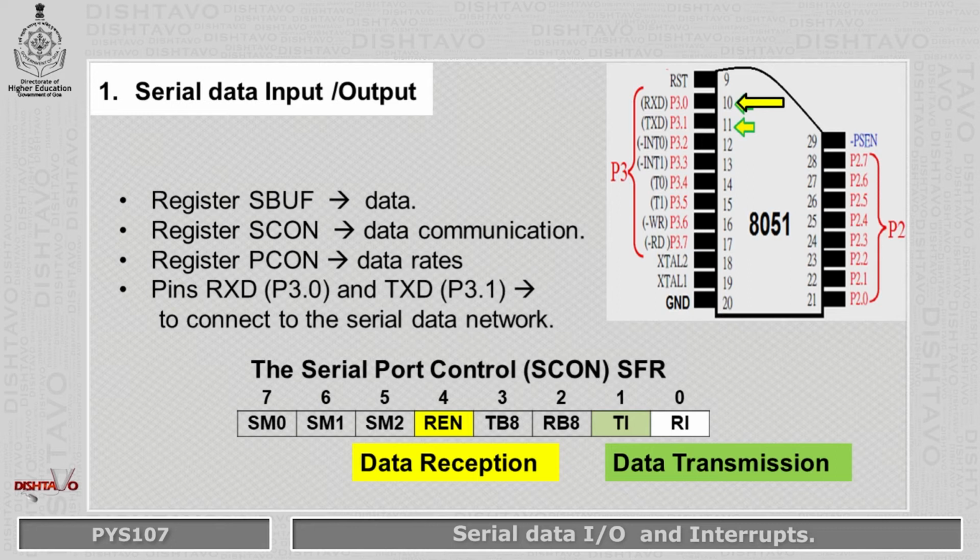That is, the RI flag must have been cleared by the program before the last bit is received, or the incoming data will be lost. Incoming data is not transferred to the serial port buffer register until the last data bit has been received, so that the previous data can be read from the serial port buffer register while new data is being received.